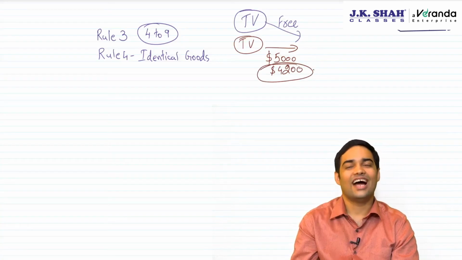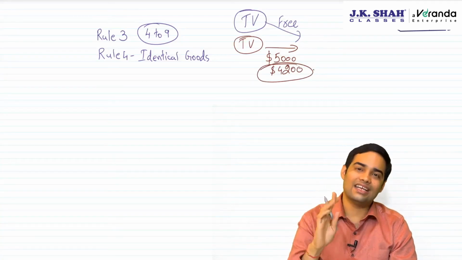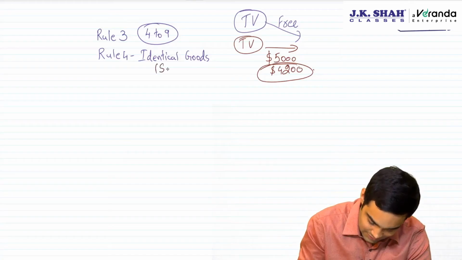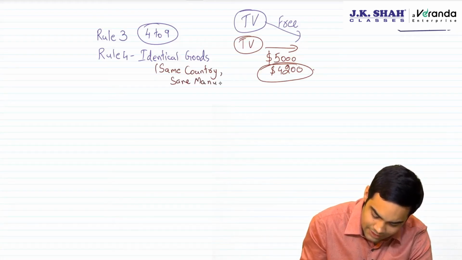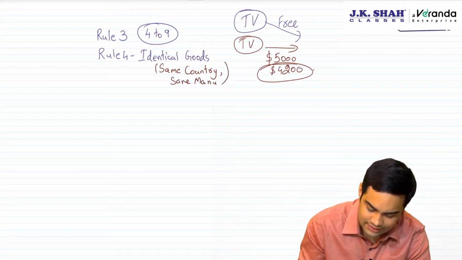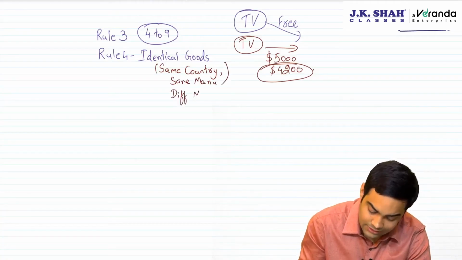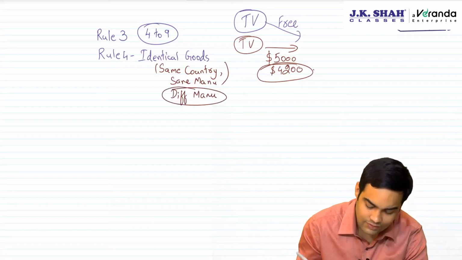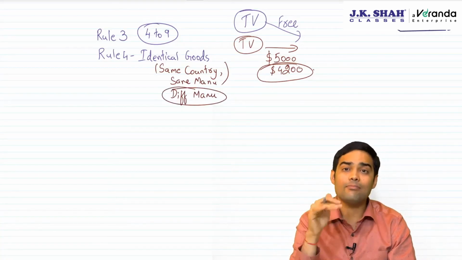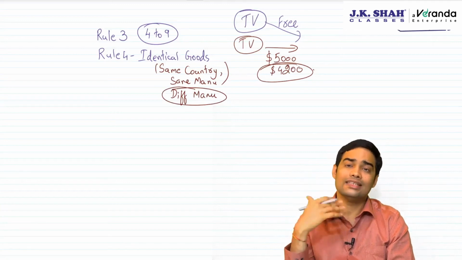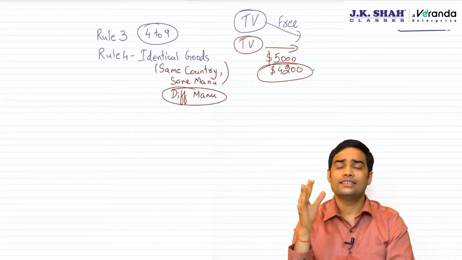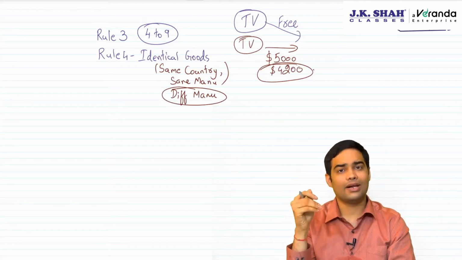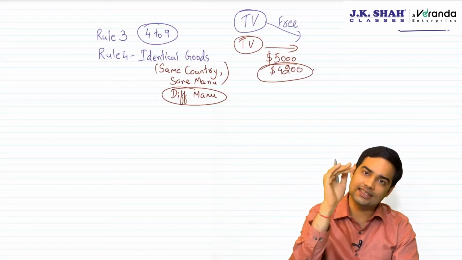So be very careful. Identical goods are those goods which are manufactured in the same country, by the same manufacturer. If the same manufacturer is not available, in that case, a different manufacturer can also be used, but not a different country. You will use a different manufacturer only when same manufacturer data is not available. Then you will consider the same quantity,